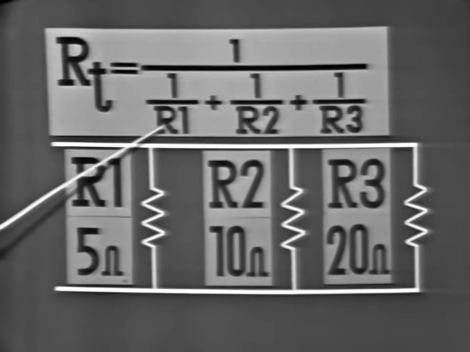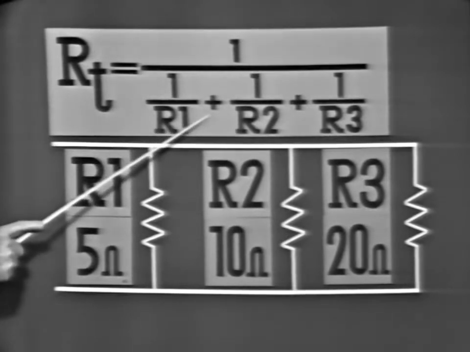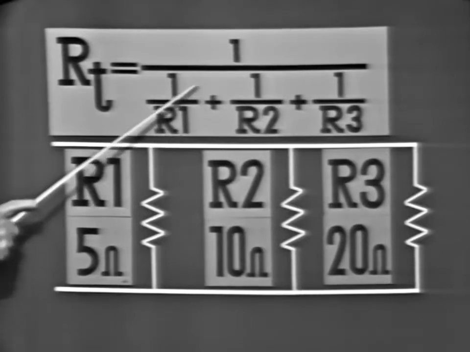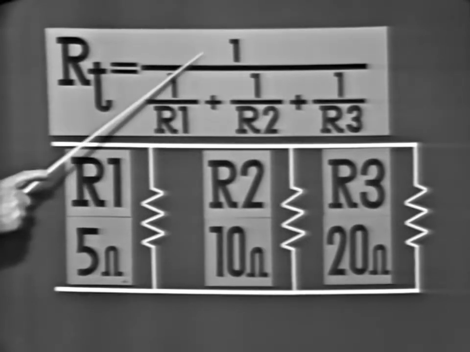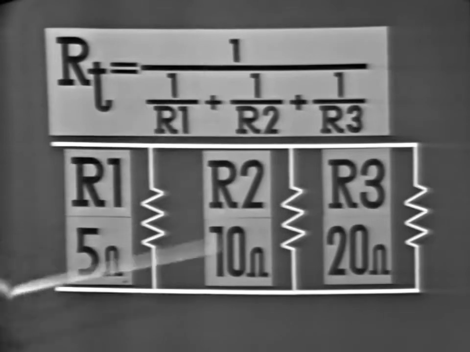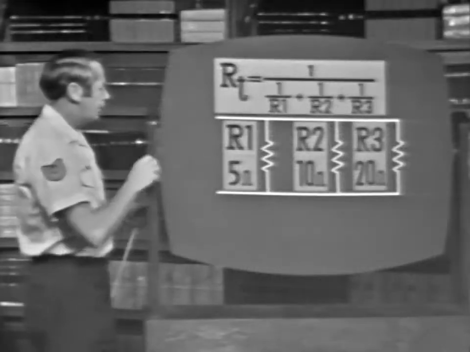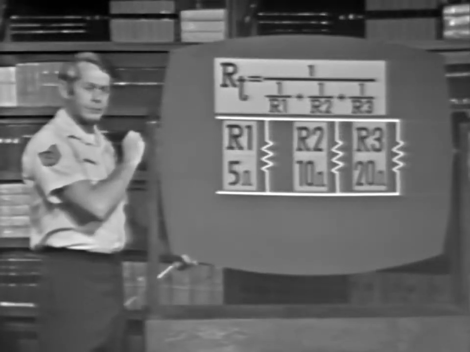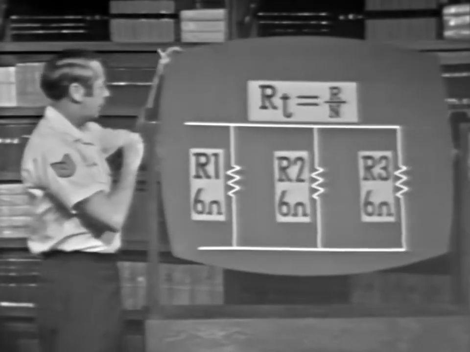After you've reduced each fraction to a decimal, you must remember to add the decimals. Then divide it into 1 to find the total resistance. Now, another situation that you may run into is a parallel circuit